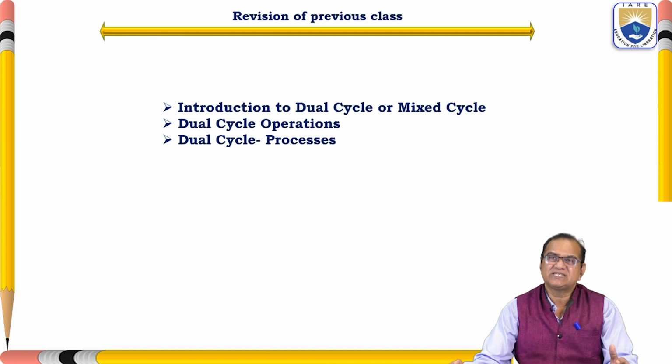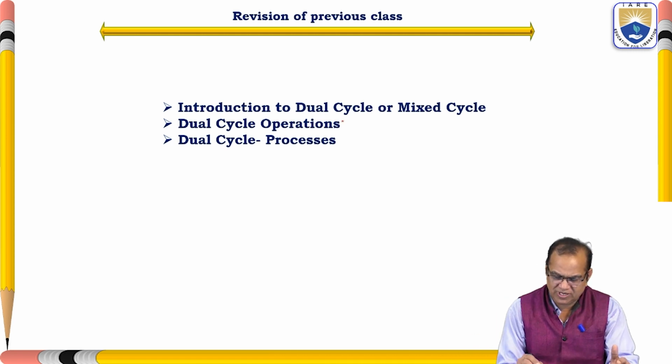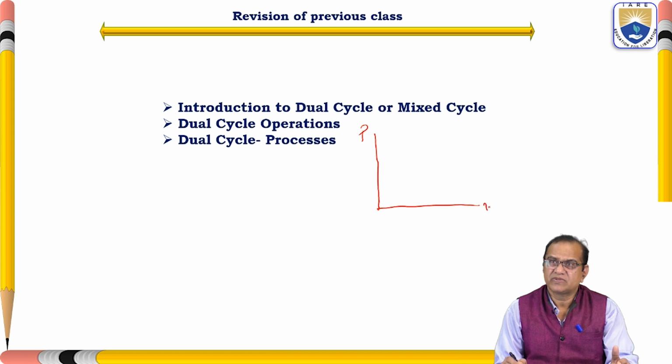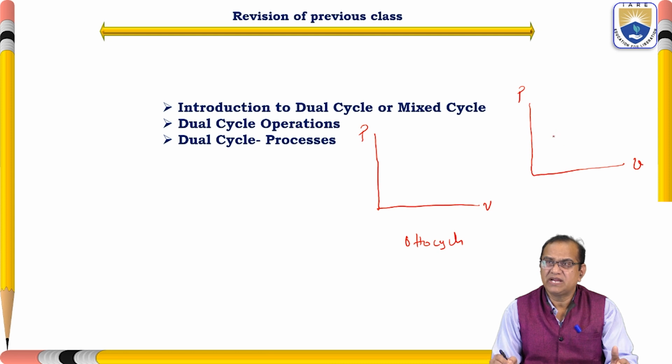In the previous classes, we have seen the introduction to the dual cycle or mixed cycle, dual cycle operations and dual cycle processes. Before that, if you see, this is the PV diagram of the Otto cycle and another is the PV diagram for a diesel cycle. I am writing here diesel